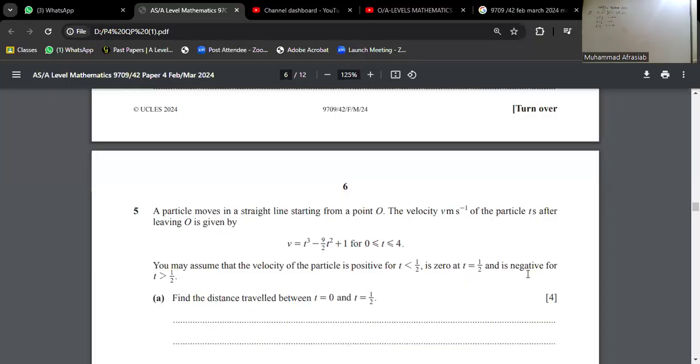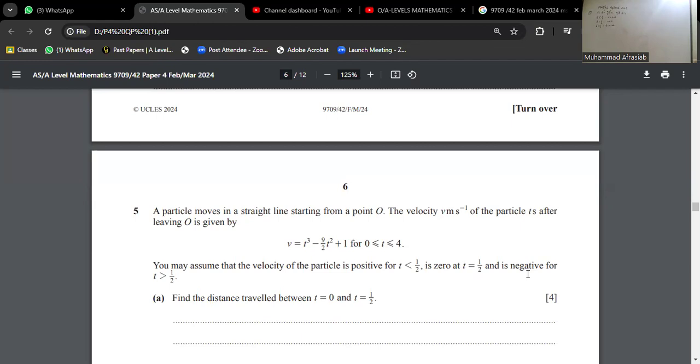We are solving now question number 5 of this paper, 2024 February March. So the question statement is: a particle moves in a straight line starting from the point O. The velocity v meters per second of the particle t seconds after leaving O is given by